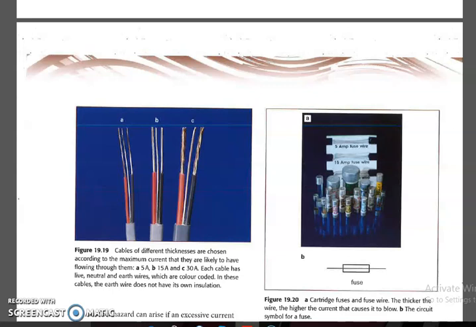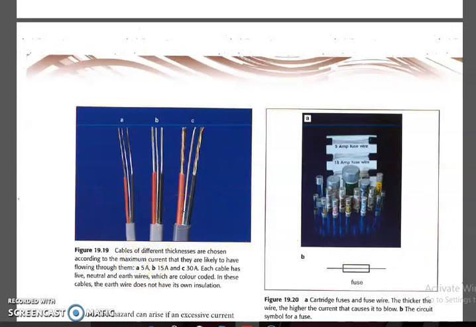We have studied resistance: resistance increases as the area decreases. So if it is a thin wire, the resistance is very high because the area is less. If the resistance is high, the current flowing through that thin wire will be very little. That is the reason why for a thin wire just 5 ampere current is flowing through the circuit.